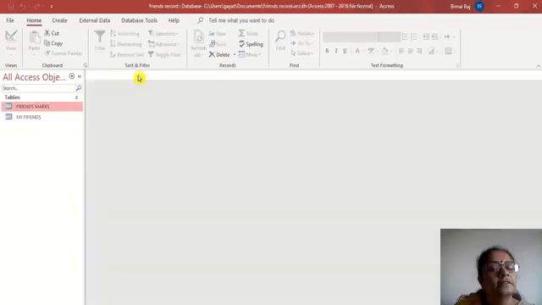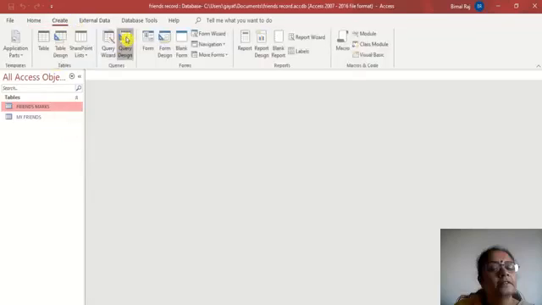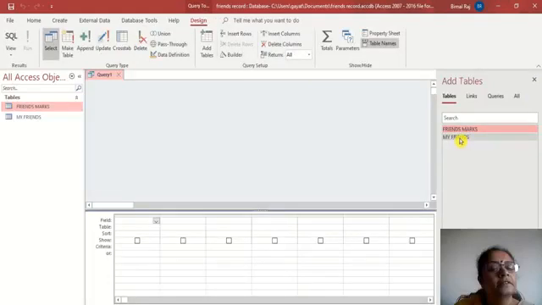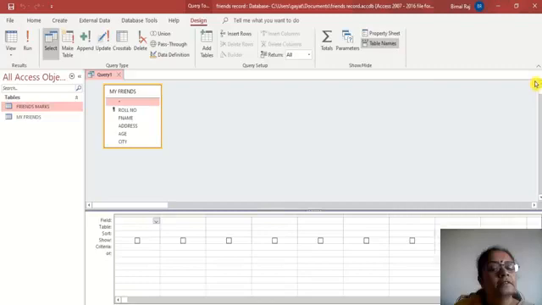Now let us go into the query. The first query that has been asked is for the age which is less than 13 years of age. So you go to create, click on query design, select the friends table, and here close this table. Now we need only the friends table right now for the age. Now what are the fields which we need? Let us take all the fields. So roll number, first name, address, age, and drag and put the city.